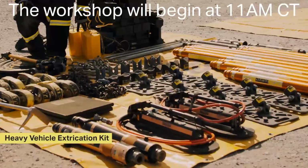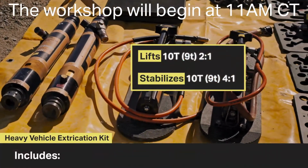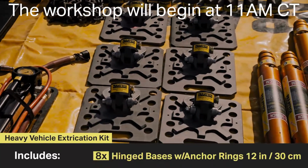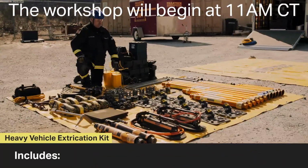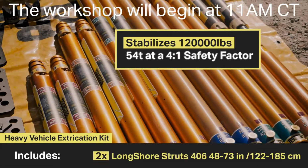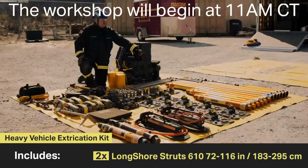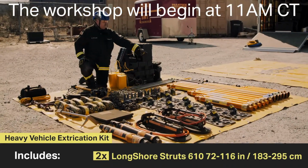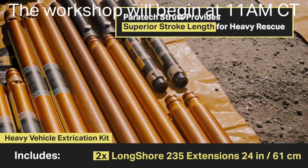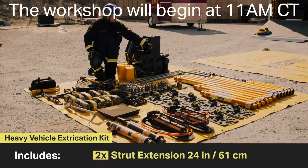The heavy vehicle extrication kit consists of 2 10-inch hydrofusion kits, 2 extension converters, 8 12-inch by 12-inch hinge bases with anchor ring, 2 36 to 50-inch Longshore struts, 2 48-inch to 73-inch Longshore struts, 2 72 to 116-inch Longshore struts, 2 6-foot extensions, 2 4-foot extensions, 2 2-foot extensions, 2 25 to 36-inch Acme Rescue struts, 2 24-inch extensions,